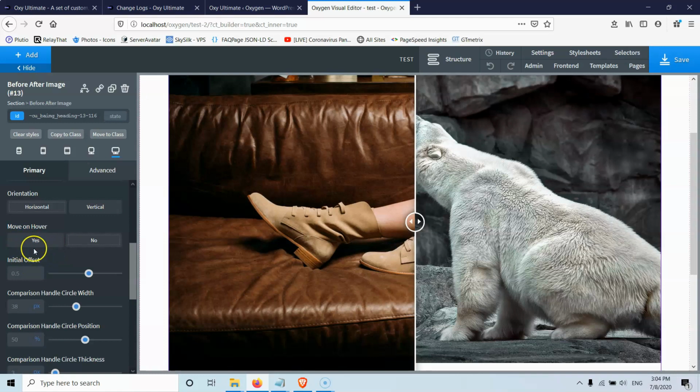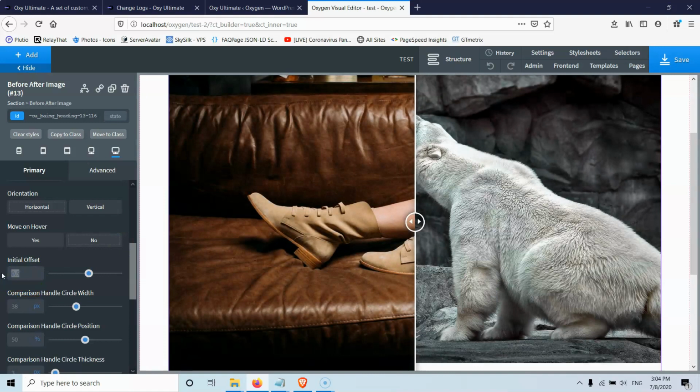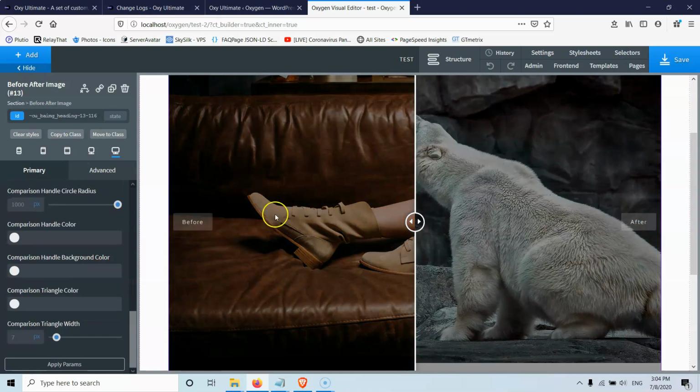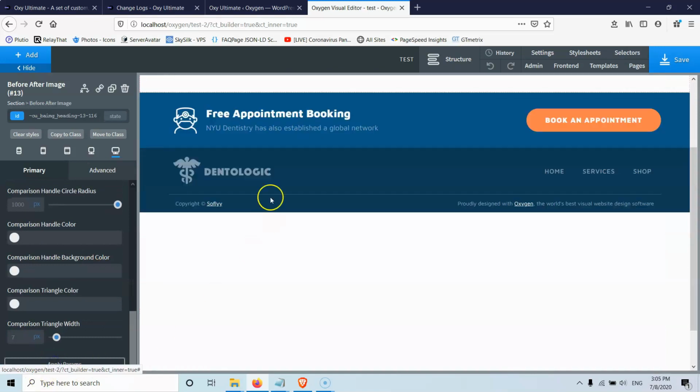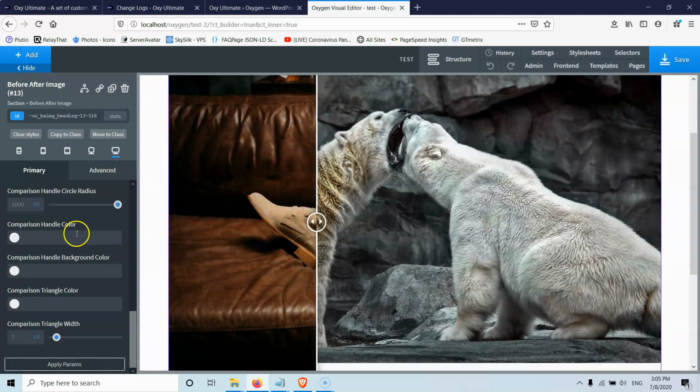We have the move on hover, so you don't have to click here. We have the initial offset, so we can select if this line is going to start from the center or if it's going to start from, I don't know, 0.3, which is 30% of this image. So let's apply parameters, and we'll see that it's only 30%.